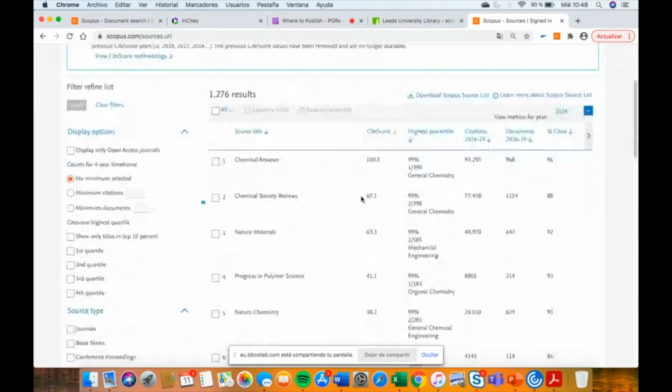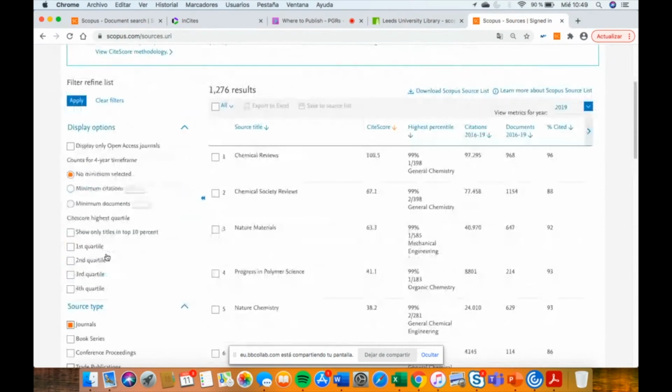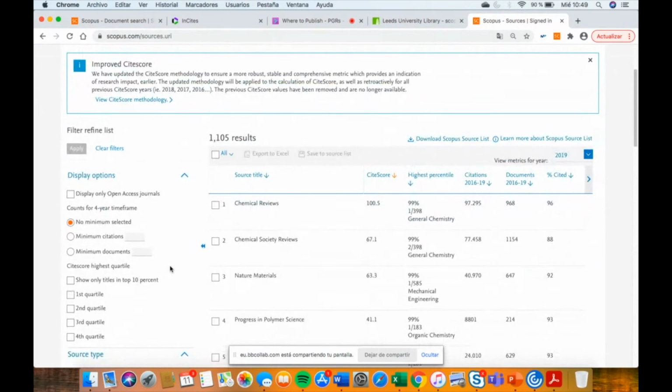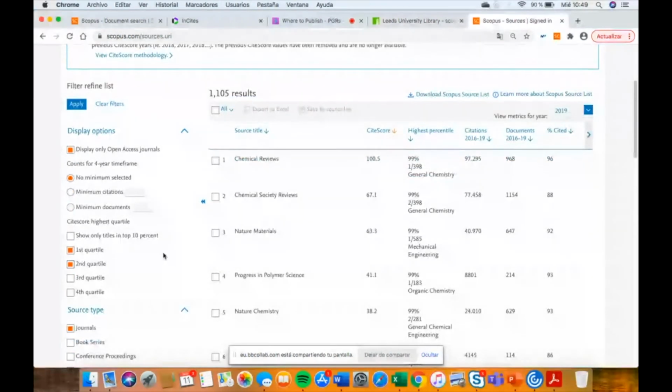You can find not just journals in this result, but also book series, conference proceedings, or trade publications. But probably the majority of us prefer to publish in a journal. So if you select journal and apply, the database will show you the journals belonging to chemistry. It's a reduced number, and here you can customize your search. For example, I am interested just in open access journals, in the first quartile of impact, or the second too. So apply,